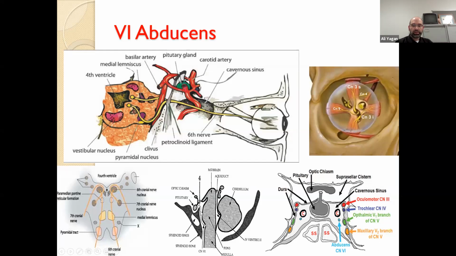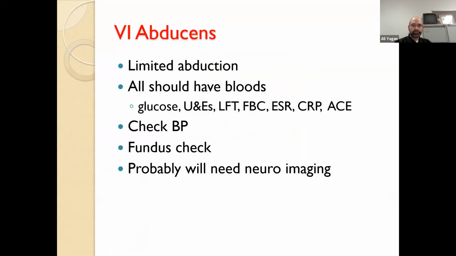So it comes from here, travels up, and then goes into the cavernous sinus. It's free in the cavernous sinus, so it's a bit more affected by changes in the cavernous sinus, and then it feeds only the lateral rectus muscle. So that nerve is only responsible for the outward movement of that eye. It only produces horizontal double vision, and doesn't cause any vertical element. It doesn't have any vertical function. So you get limitation of